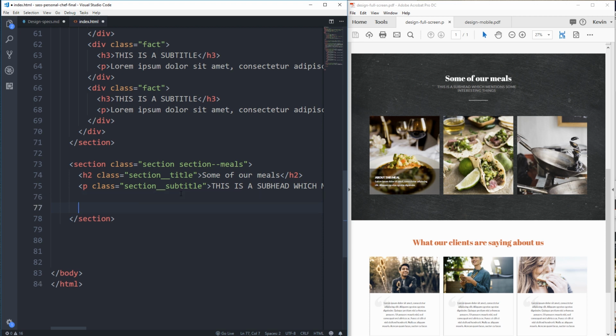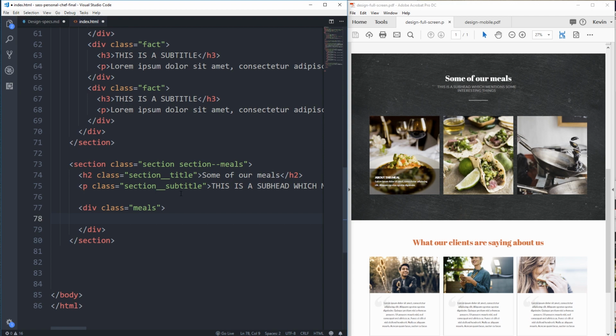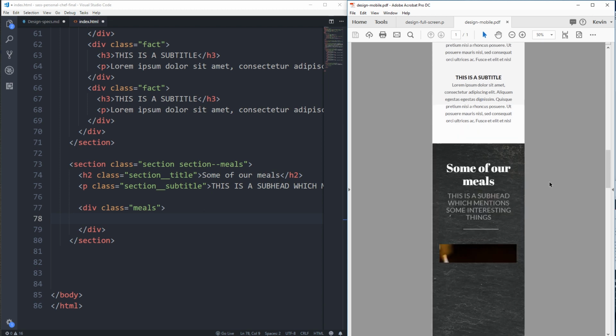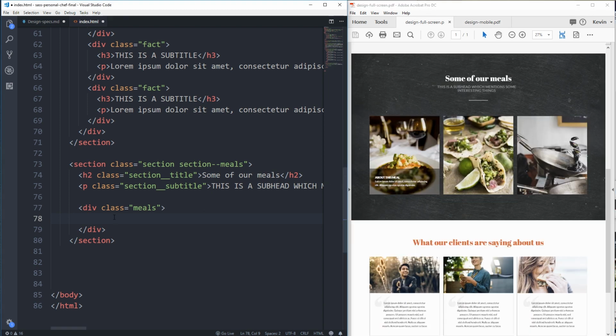What I'm going to do is create a div with a class. I'm just going to call it meals, like that. That's going to allow me to have 3 columns, even though if I look at it here, I don't have 3 columns. They're stacked like that. So I have my meals, and then inside of my meals, each one of these is